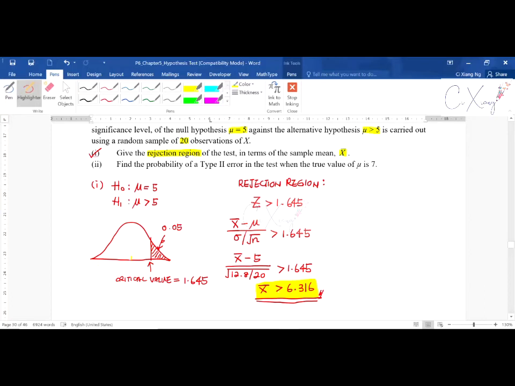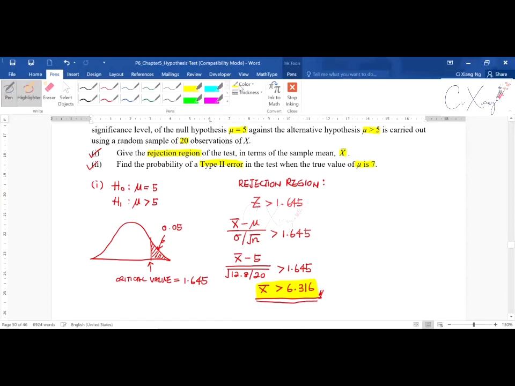So this is how we actually get the rejection region from the concept that we learned before. In the exam, if you don't want to sketch this graph out, it's okay, because I sketched it here to let you visualize it and understand it better. But if in your mind you already have this graph, then you can straight away write all the steps like this. This graph will not give you extra marks. So this is how we get the rejection region. Done already. Then after that, you need to find the probability of a type 2 error